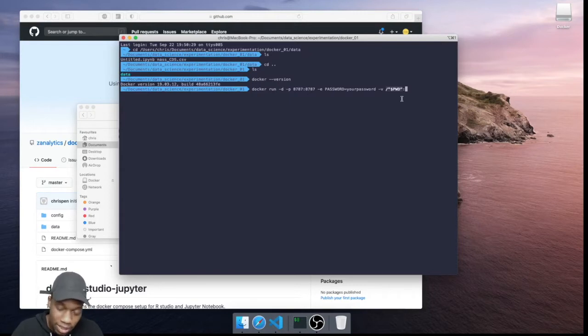And then the next part is the directory in the container. For an RStudio container, or an RStudio image, shall I say, it'll be /home/rstudio, and then after this you can actually name it anything that you want. So we can say container data, just so that it actually makes sense. And after that, just put a space, and then you do